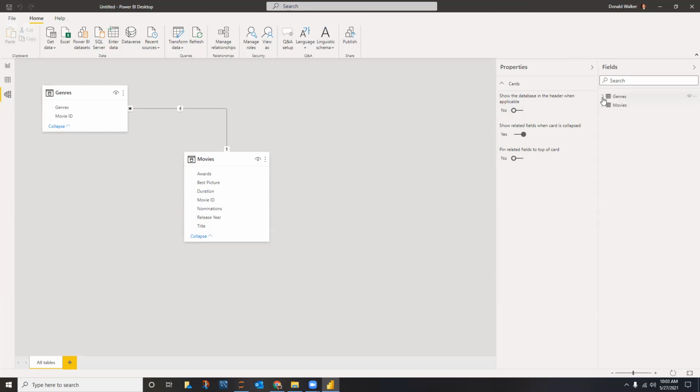So I want to drop these genres down, because in this data model, the stuff that we're doing is going to affect a little icon next to each field or column in a table. And right now, none of them are special. They're all just columns, so they don't have any of these icons. But if you do a calculated field or a measure or assign a key field, like in the movies database, I think